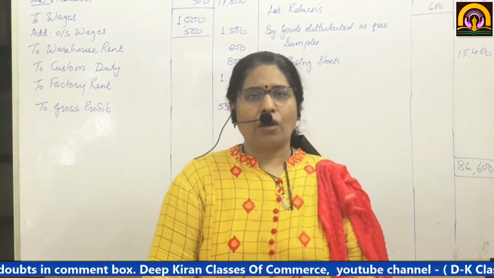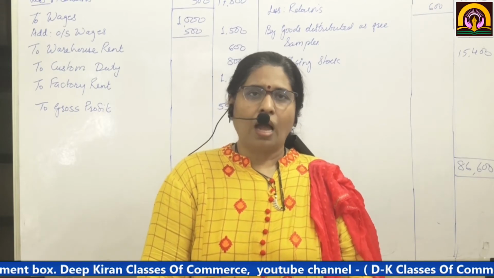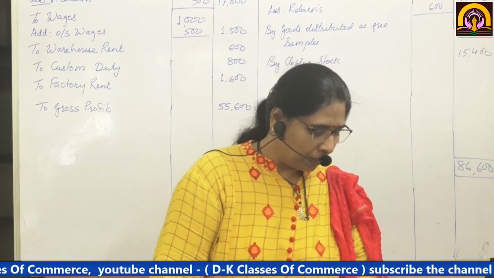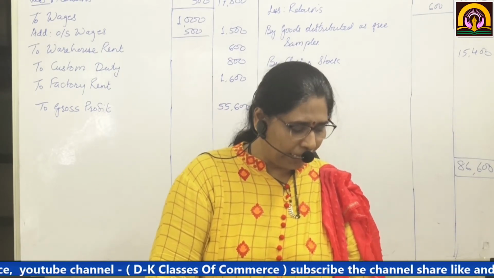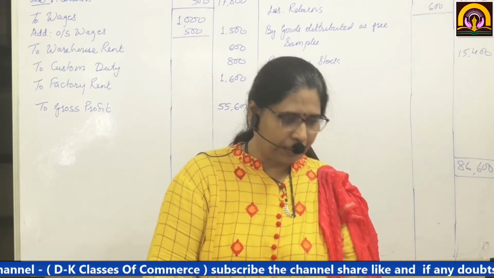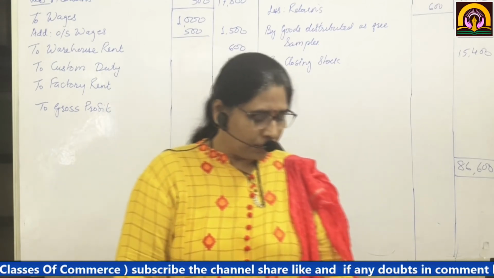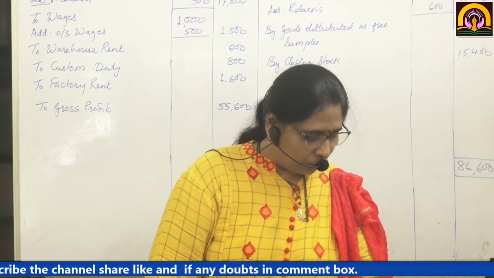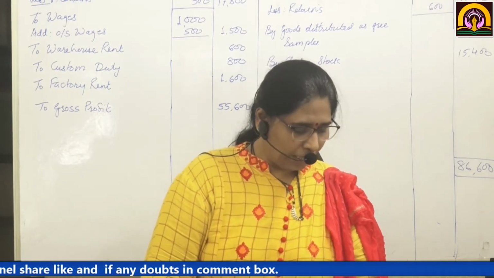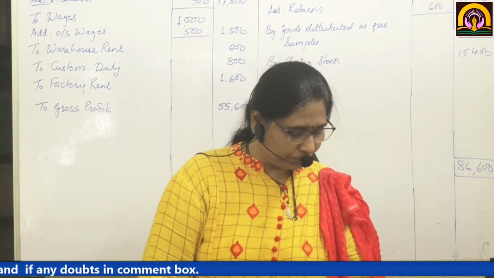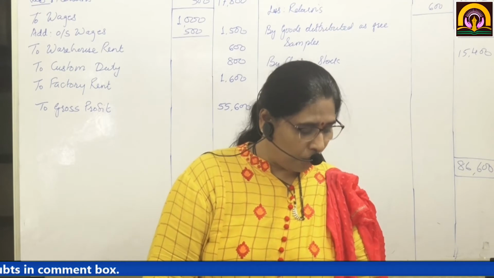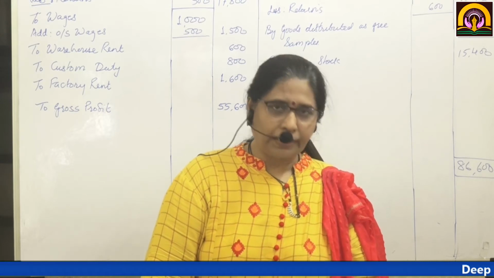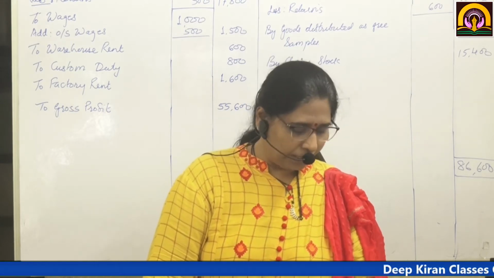Outstanding wages, now you will add this into wages, and the other effect will be on the liability side, outstanding expenses, wages. Then create provision for doubtful debts 800 and maintain RDD at 3%. Now see, sundry debtors in your trial balance are given as 40,000. You'll minus 800. Okay, and then maintain 3% RDD. So bad debts you are going to write in the profit and loss account debit side.